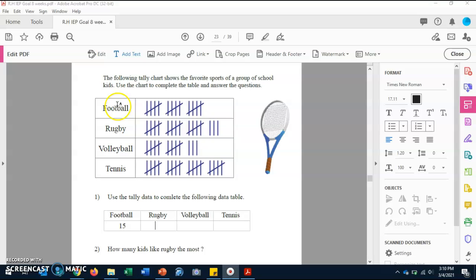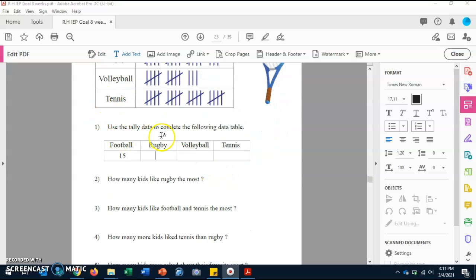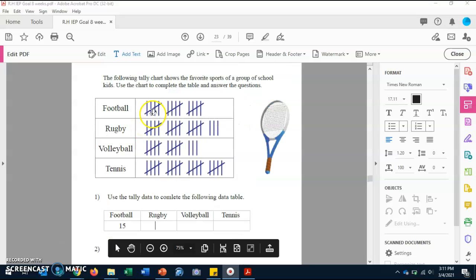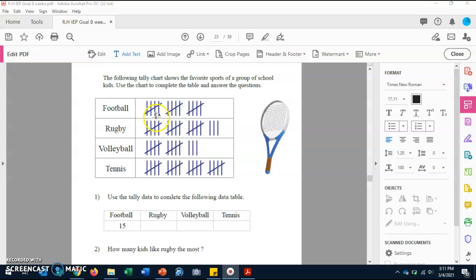So here we have our table, we have our football, our rugby, our volleyball, and our tennis. And we have our tallies right here. Let's count each tally so we can write down the total amount. That way it will be easier for us when we are filling in the table and answering the questions. So we know that it's 1, 2, 3, 4, and then for 5 it goes across. So you have 5 here, then 6, 7, 8, 9, 10, 11, 12, 13, 14, 15. So 15 students